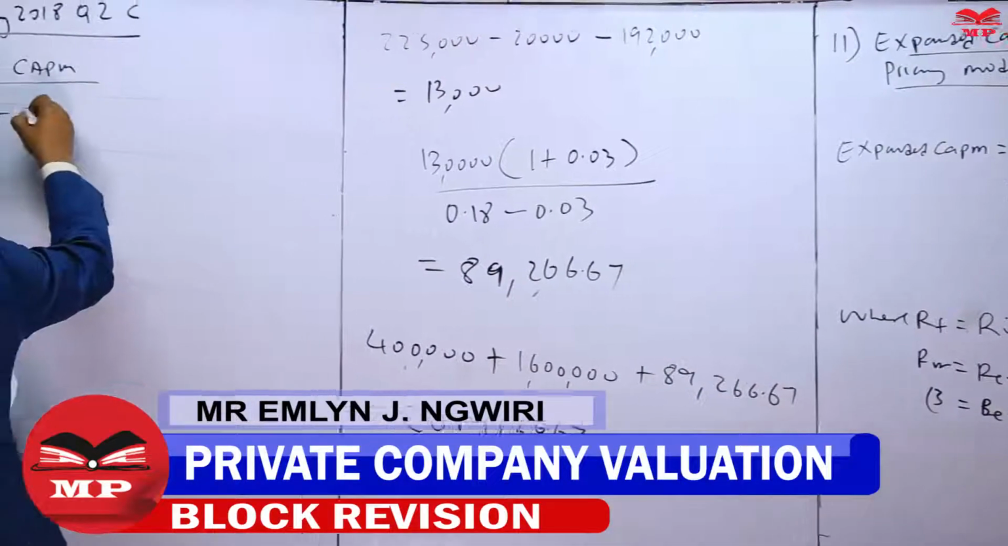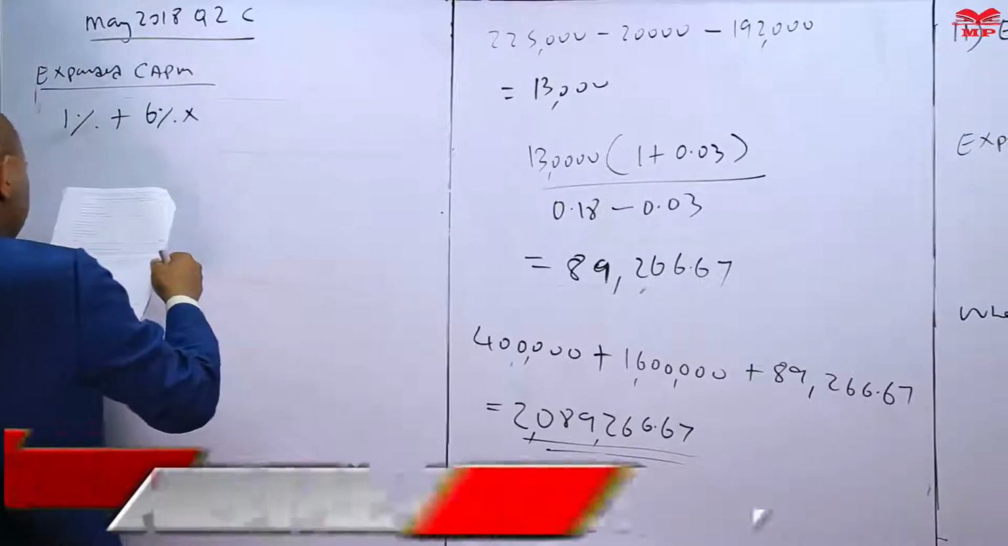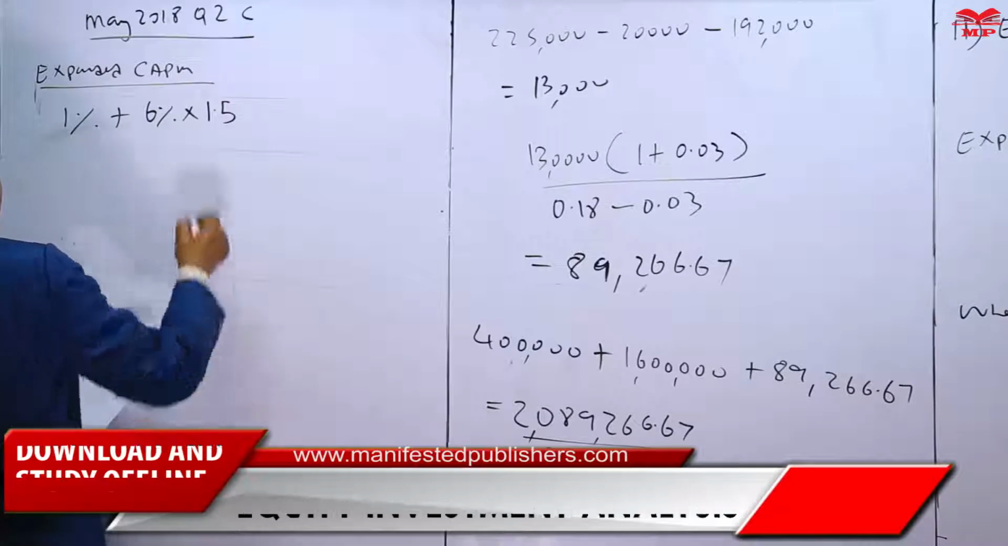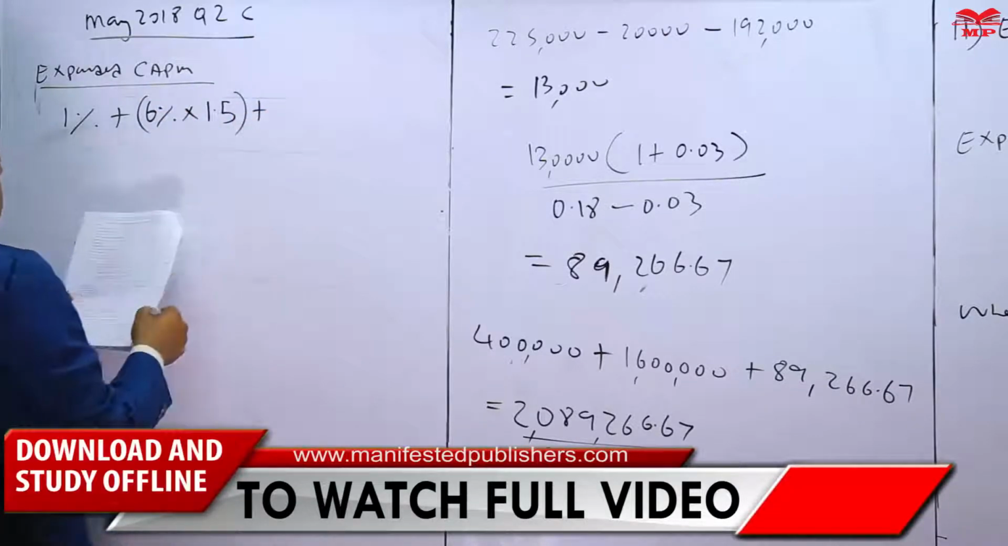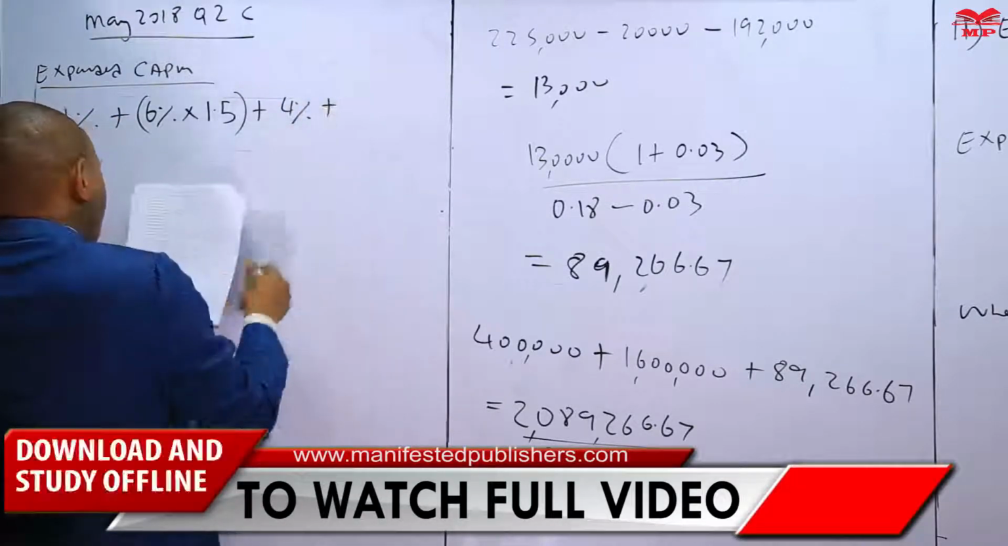The equity risk premium was 6%. 6% multiplied by what? Multiplied by the component of beta of 1.5. Then to that, we are saying we will add the component of small stock premium 4%. Then we also go